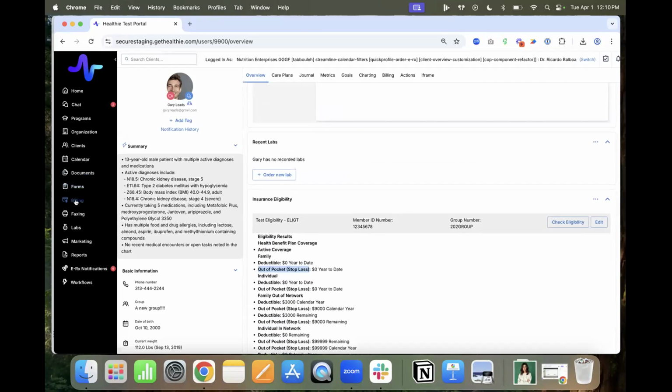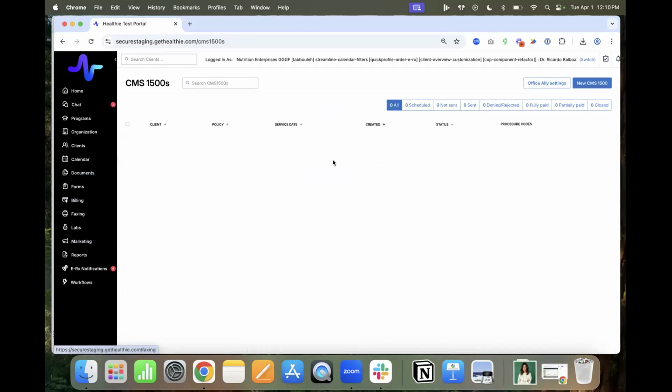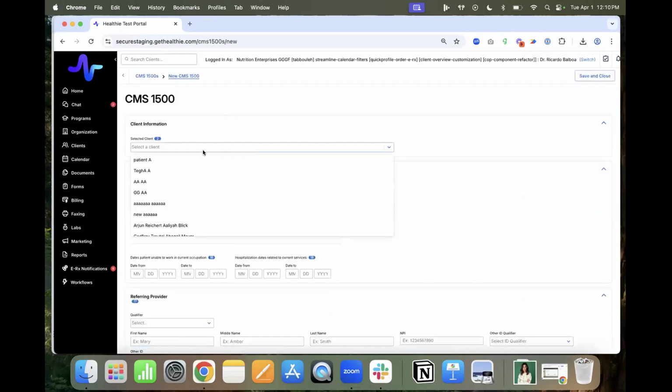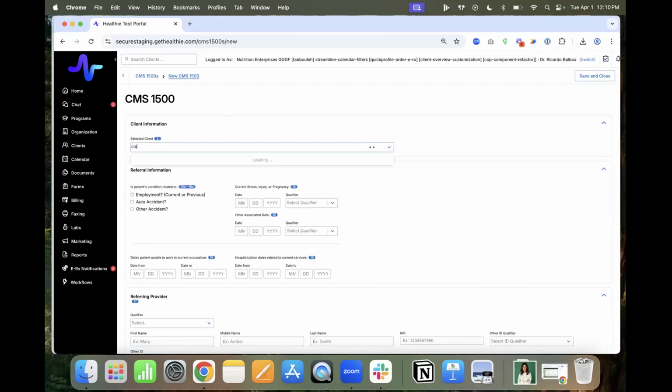Then the next thing that you're going to do when you're working with a client, if you're going to see them after a session, there's a couple of ways that you can generate a CMS 1500 claim, which is what's going to send to Claim.MD and then to the payers from there. So I'm just going to pull up this sample CMS 1500 claim. It's super simple. All you have to say is new CMS 1500. And if you select a client here,